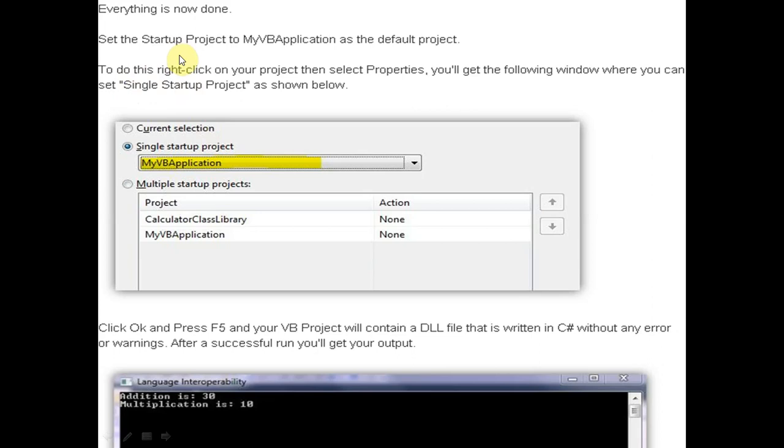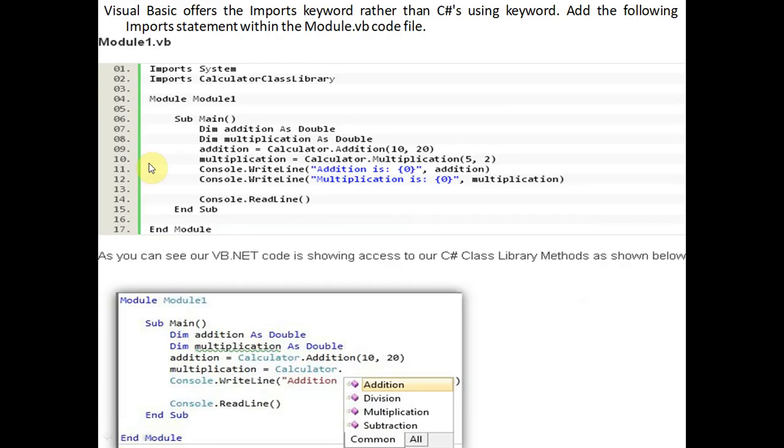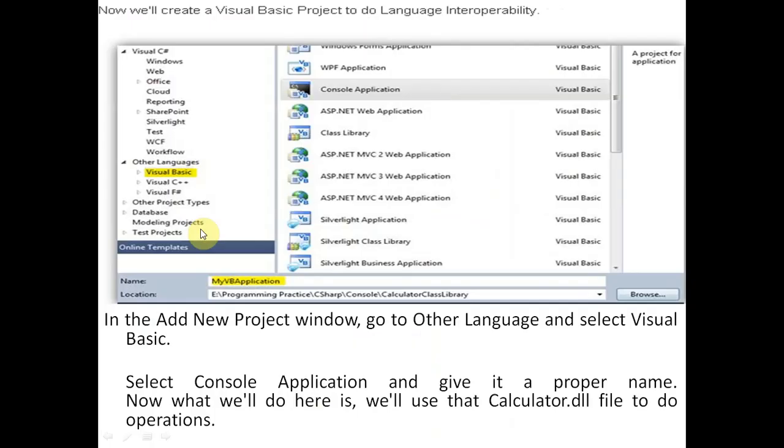To do this, right click on your project, then select Properties, and you will get the following window where you can set a single startup project. In the single startup project, my VB application, because the program will start from the VB program. We will start the program from this code, not from this code.